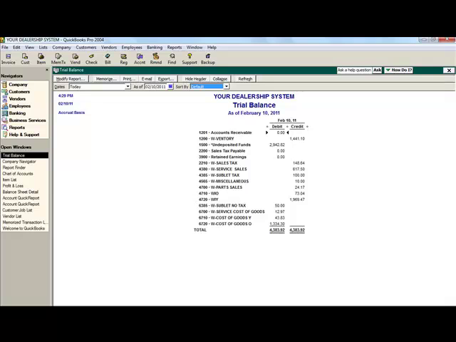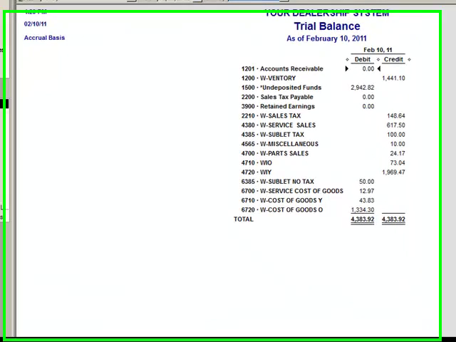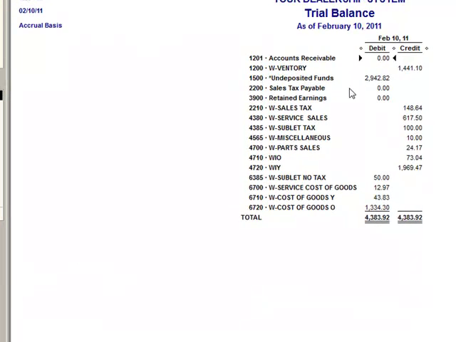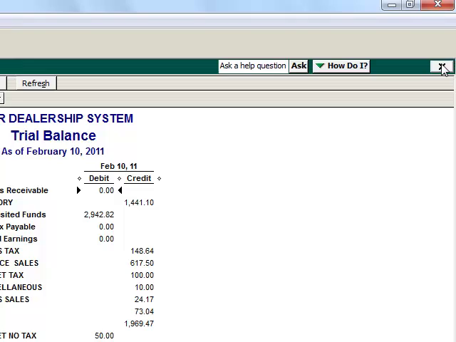If we look at what the system has imported, you'll see that our undeposited cash funds are $2,900. Our sales tax was $148. Some is our sales account, some is our cost of goods account. Now also, if we close this,